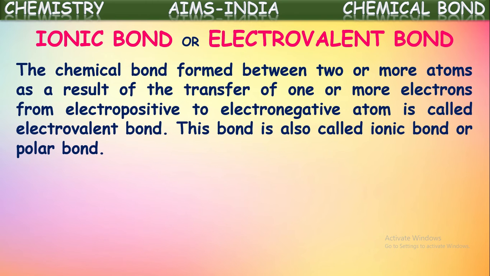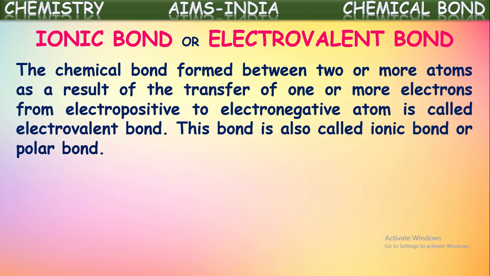The chemical bond formed between two or more atoms as a result of the transfer of one or more electrons from an electropositive element to an electronegative atom is called electrovalent bond. Simply to say, the chemical bond formed by the transfer of electrons between two atoms is called electrovalent bond or ionic bond. This ionic bond is also known as polar bond